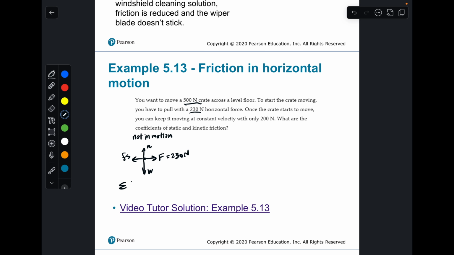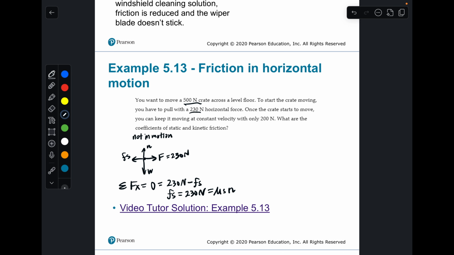Since we're not in motion, the sum of all the forces in the x will equal 0, right? Newton's first law. And so we're going to have a positive 230 newtons subtracted by Fs. And so the static friction coefficient is going to be related to the static frictional force of 230 newtons,